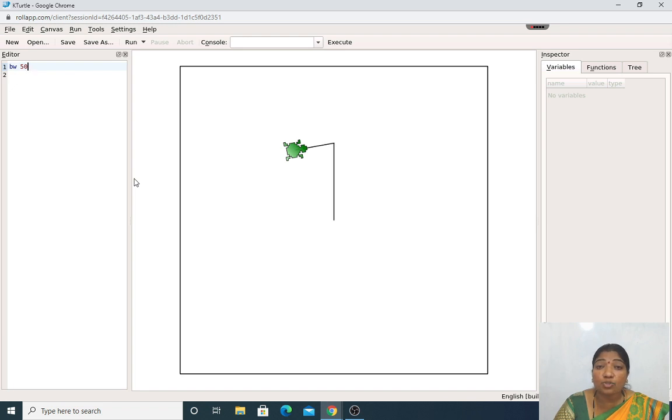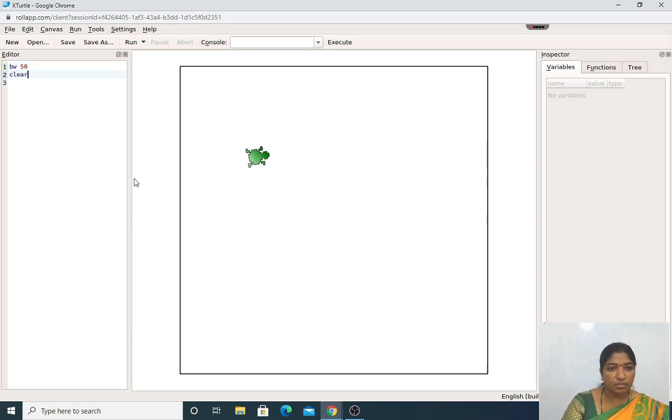It has gone forward, then turned right, and again it came back 50. After this, I will use the clear command. If I use the clear command, what happens? Clearing is nothing but it will just erase the drawn line. Okay. This is the clear command.